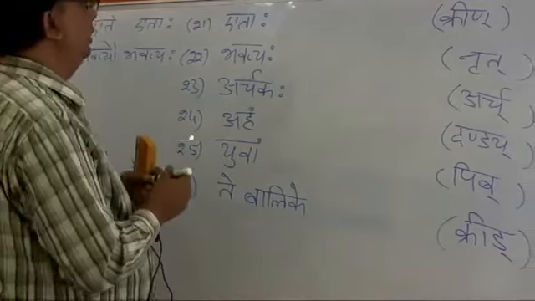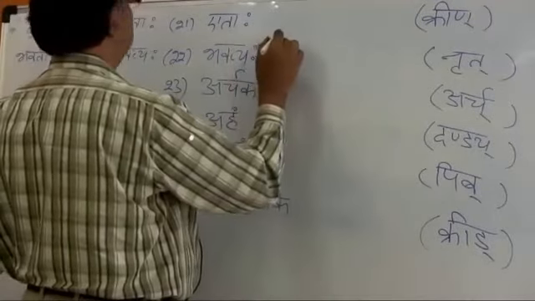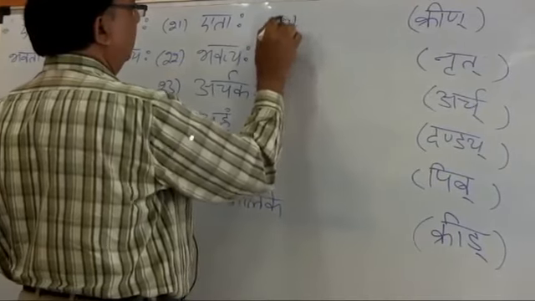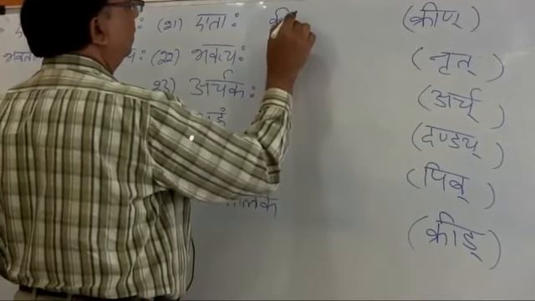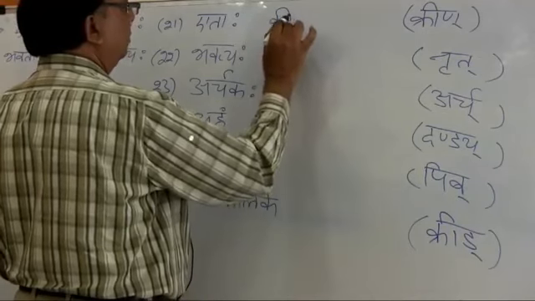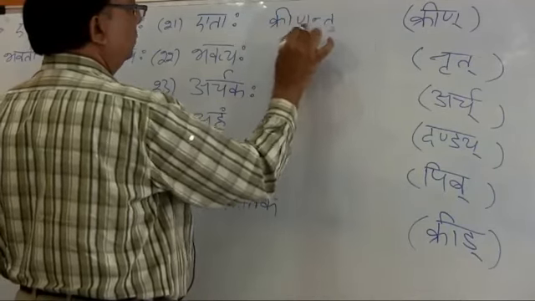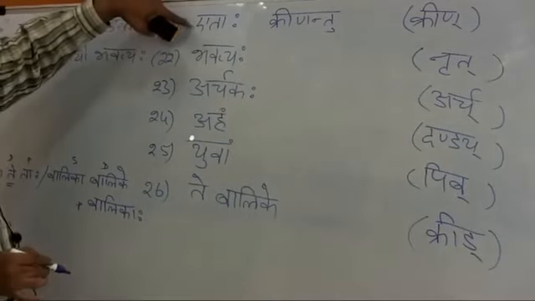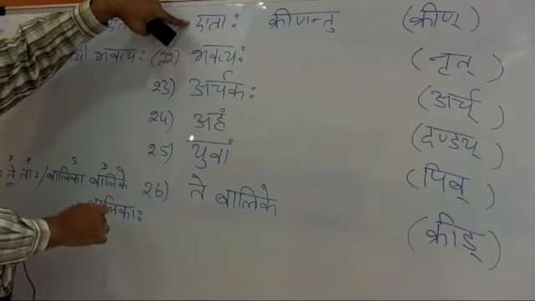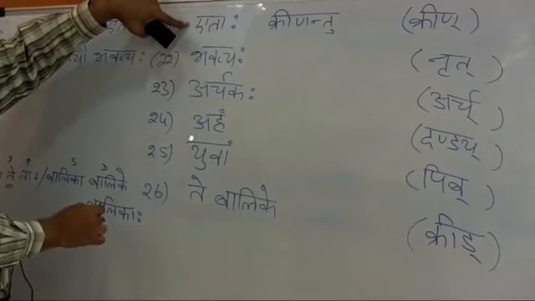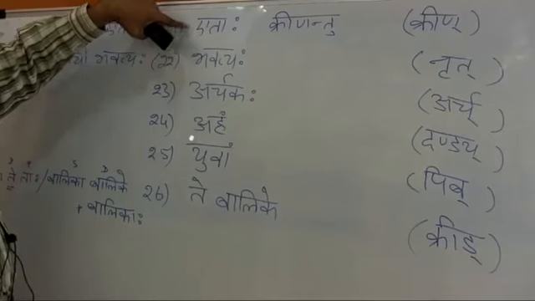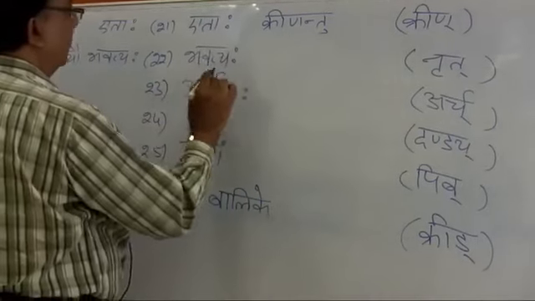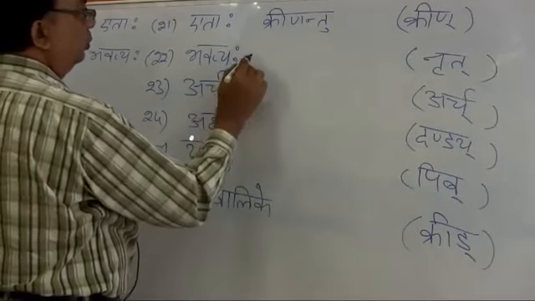How would you derive this? Krina, etaha, krinantu. Third person plural, therefore krinantu. Let these female persons buy. I will take this pronoun with the help of this noun: etaha balikaha pustakam krinantu. Let these girls buy a book.